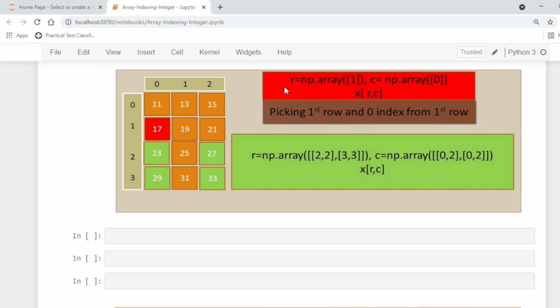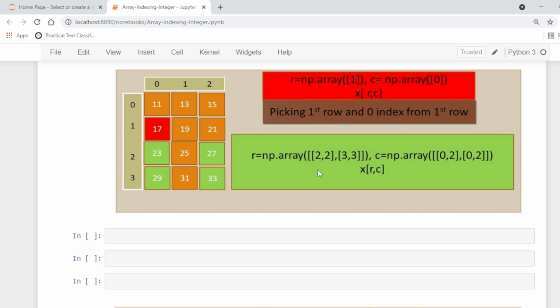If we specify the row as a numpy array with one element containing the value 1, and the column as an array of also one element with the 0 element, it means we are going to select the first row, and in the first row we select the value at the 0 column. So after using this X[R, C], where X is the array, it will return 17, this value.